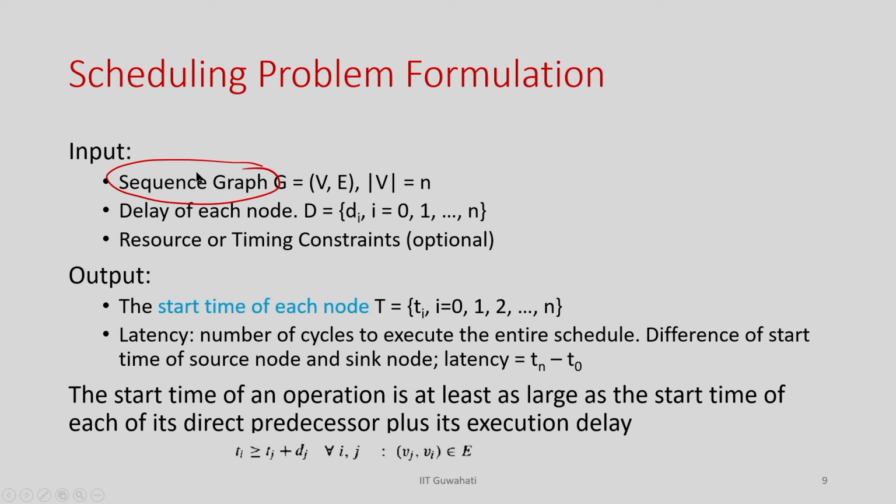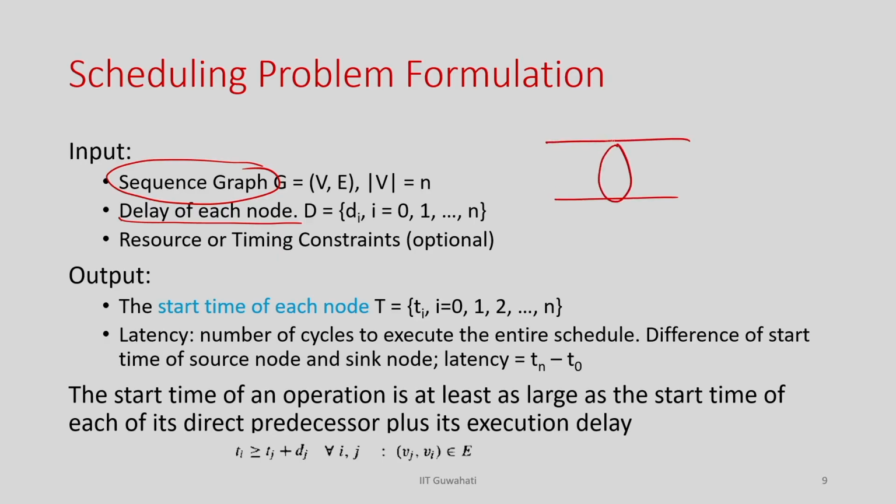And then we also have the delay of the nodes. We have not discussed that in the previous class, that these operations may not always be single cycle. Some operations may take multiple cycles, some may be single cycle and so on. So, that information is also there. Single cycle means it will complete its execution in one cycle, and if it is a 2 cycle operation, it will take 2 cycles to complete the execution. So, this is called the delay. For each node I know the delay value, and I also have certain constraints: how many resources I can use or how much time I can utilize. Those pieces of information are also there.